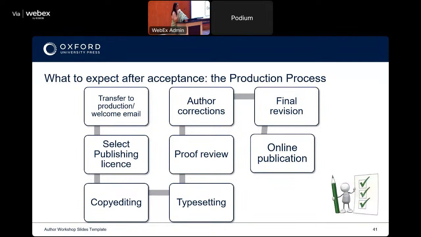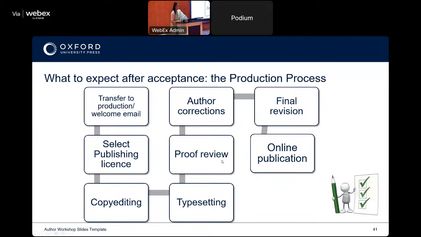Then the production team will ask you to choose a license to publish. It will send you that, and they will not proceed until you have selected a license to publish. After which they will copy edit it and send it to you for proof review.